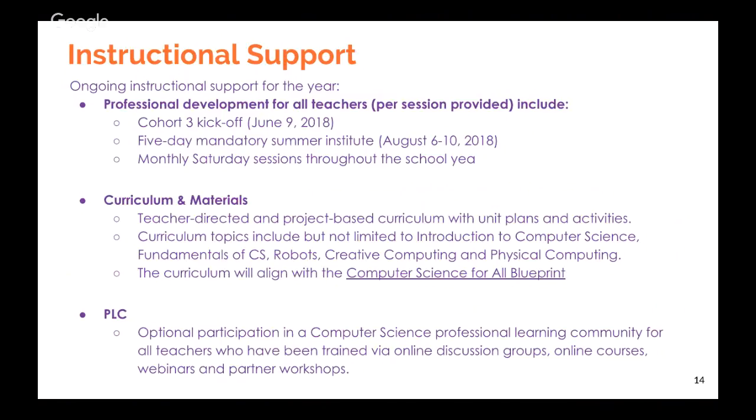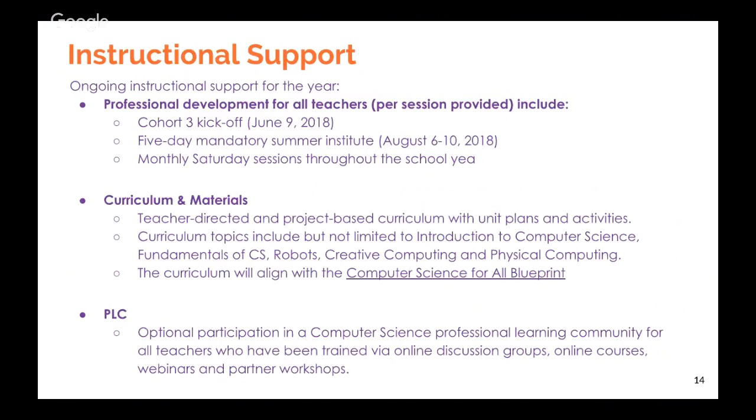It's a deeper understanding of what the content is going to look like and what the expectations are, and it allows the teacher team to start identifying who they're going to be working with, and to start thinking about the plan for that long-term goal of getting computer science to every student at every level.